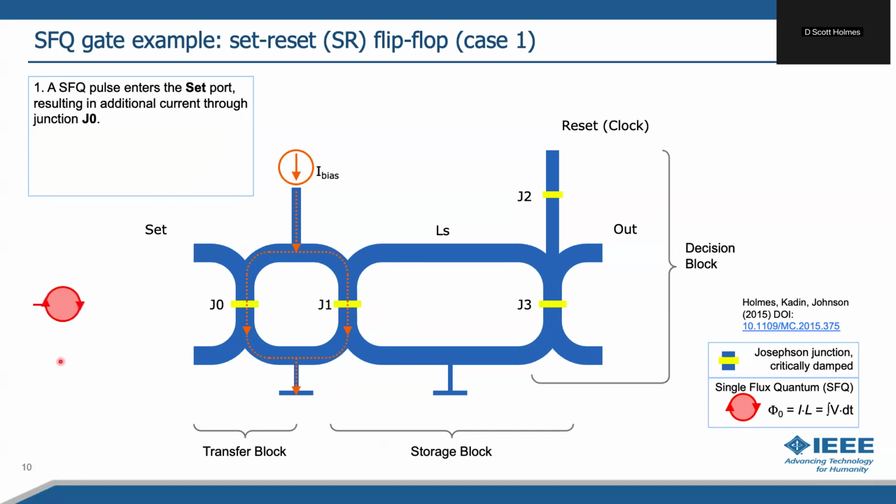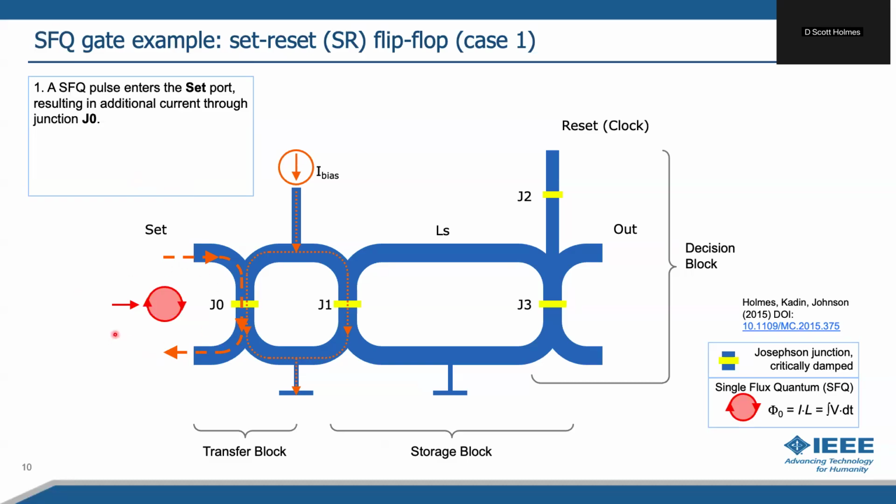Okay, so then we apply an input to the circuit, and that's going to be a single flux quantum that will be the driver that provides a current into this input loop. There's some loop here, and because there's an inductance in that input loop, there's going to be one flux quantum current times inductance. There's going to be some current that gets induced in